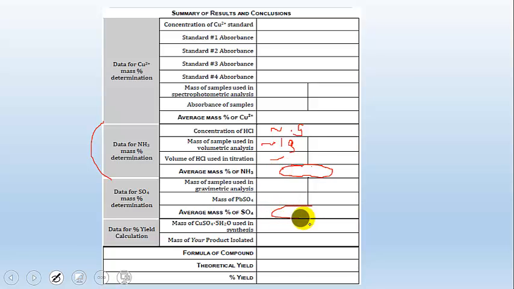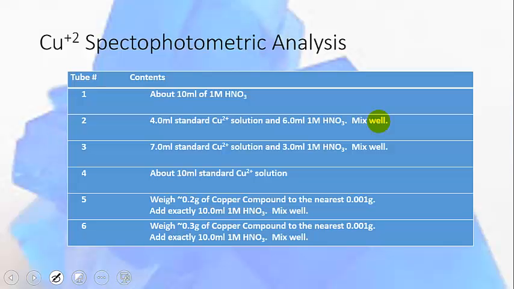You also have an average % of sulfate. That's what you calculated. The first video showed you how to calculate that. Okay, so you have both of those. Now we need to figure out how much copper we have. We're going to do a spectrophotometric analysis of copper, very, very similar to, almost identical to, the copper analysis that we did last week. So similarly, we will be using the burettes that are set up in the hood, and